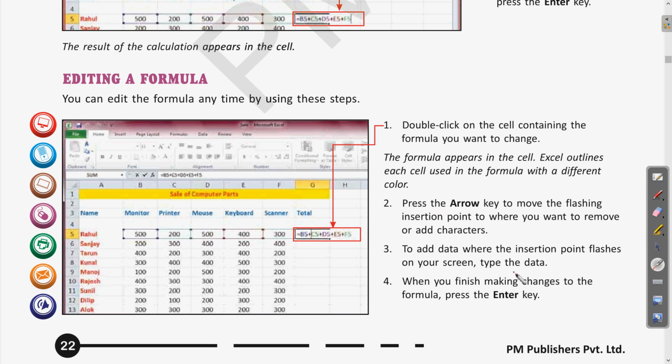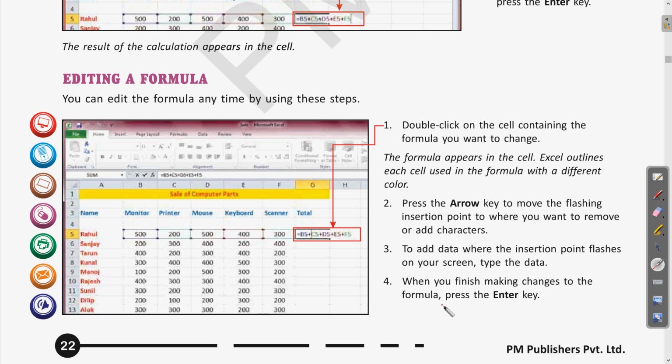Then to add, where the insertion point flashes on your screen, type the data. Clear? So wherever the insertion point is, if you want to edit or add something, by bringing the insertion point there, we can simply add the data by typing from the keyboard.